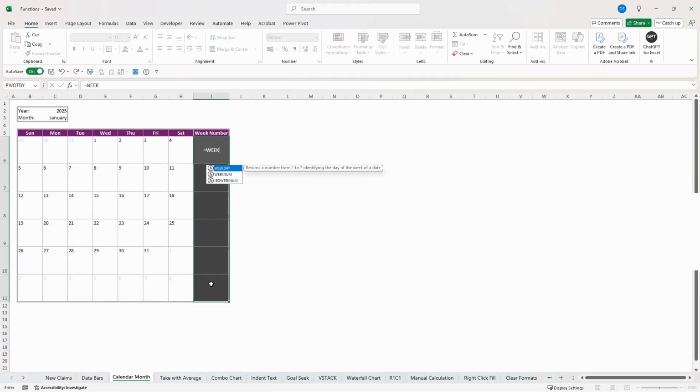Finally, to get the week number, open the WEEKNUM function and select one of the dates within the week,